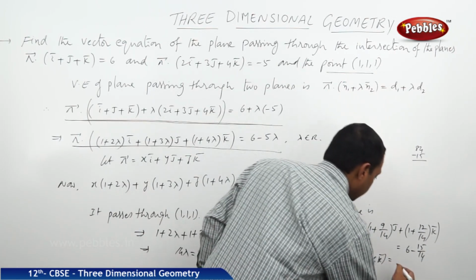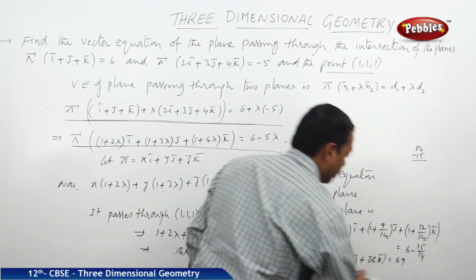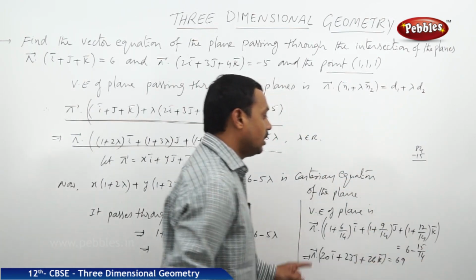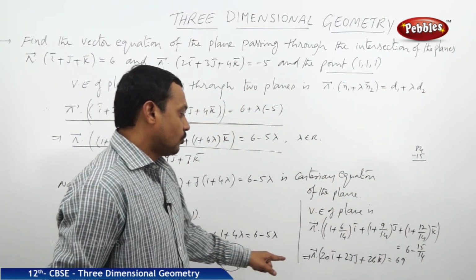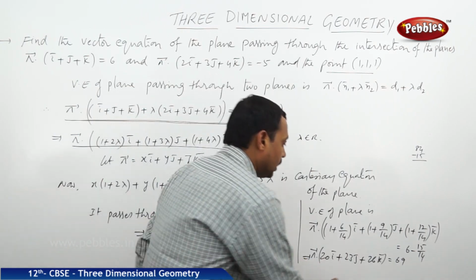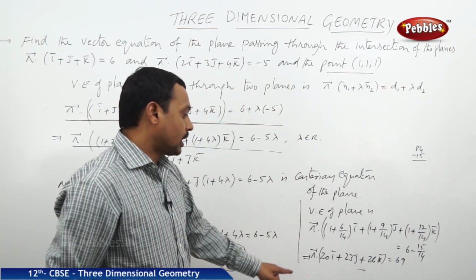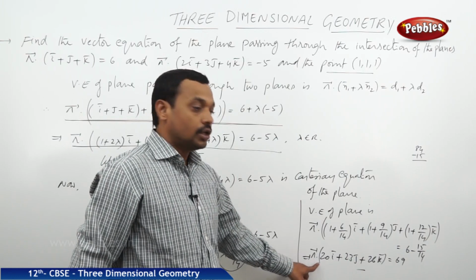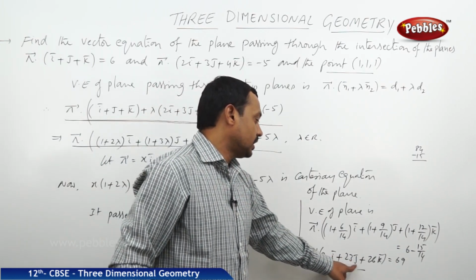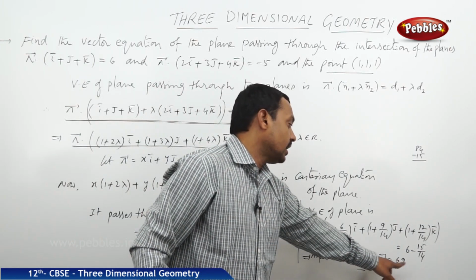That is 69 by 14. Of course, the 14 is cancelled on both sides. So finally, the vector equation of the required plane is r dot 20i plus 23j plus 26k is equal